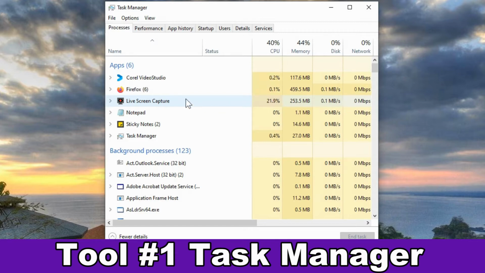So with these, if you have a problem where a program is frozen, you don't need to crash the entire computer. The whole computer may not be frozen on you. It's just a program.